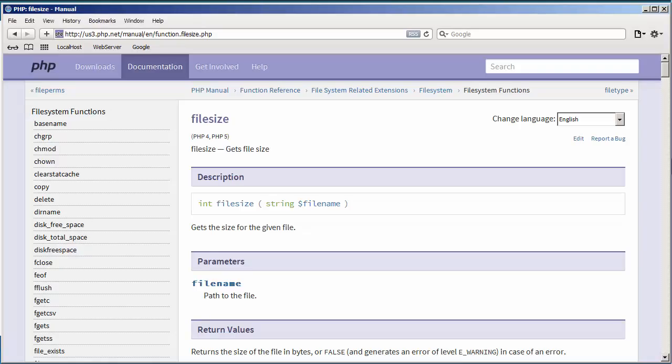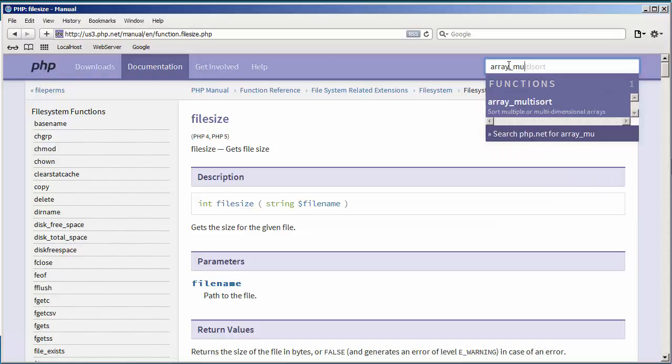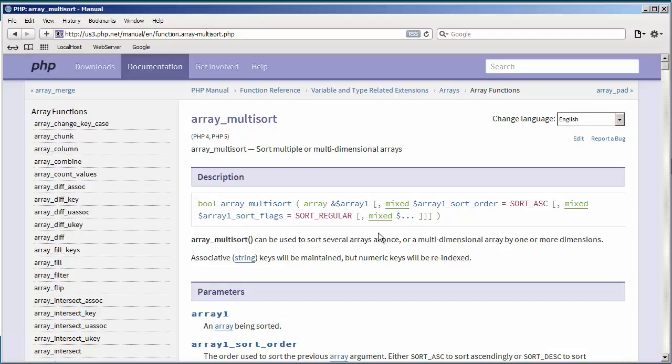I'm back at my favorite php.net website because I wanted you to see there is a lot of information, not so much on file size. That one's pretty simple. It gives you the size of the file, lets you know whether or not you've got any value in the file size of the file that you just loaded. But so you can see what I was talking about on array multisort, let's go and look at the array multisort description. And you'll see there are quite a few different attributes that you can actually put in this array multisort